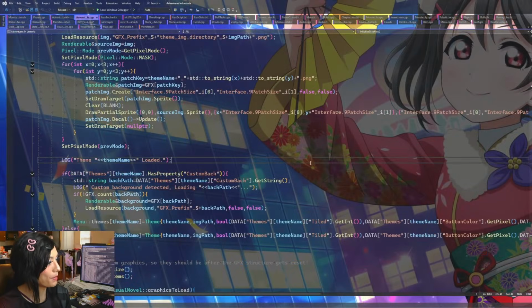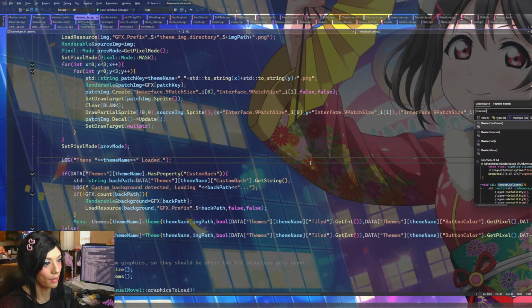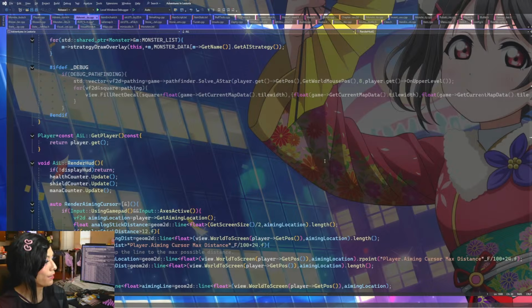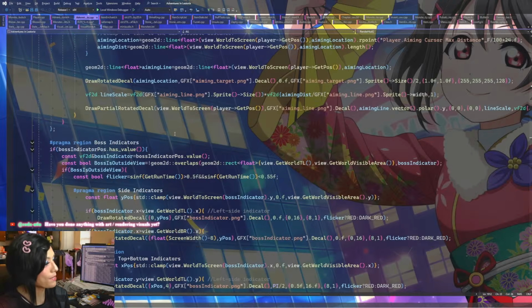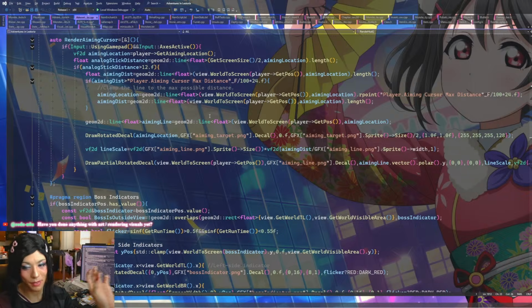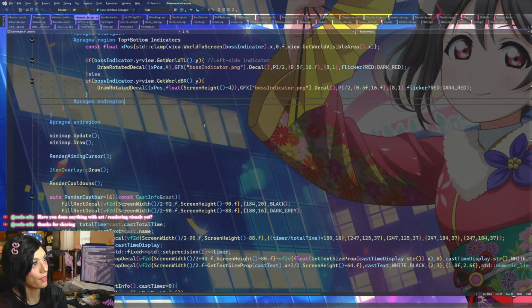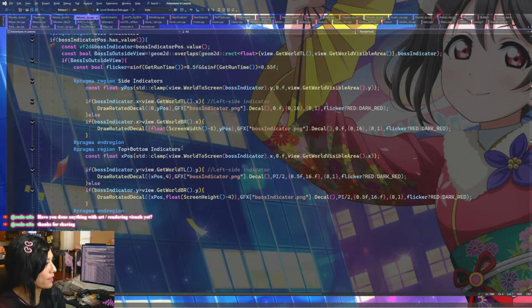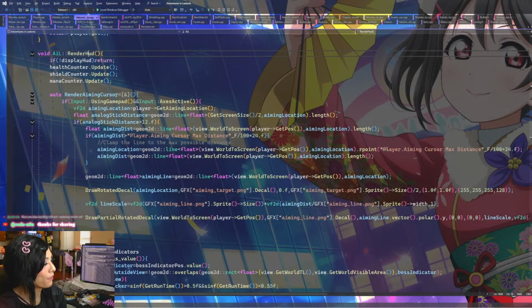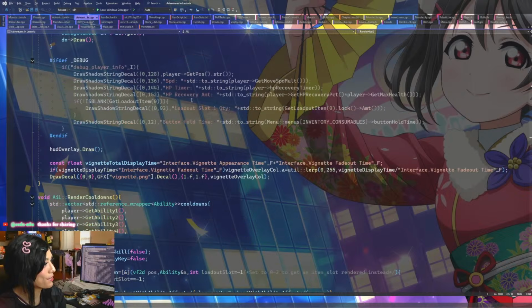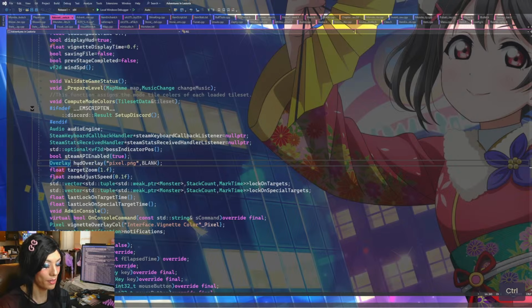All the stuff regarding the UI is also stored in some kind of shared pointer list too, because the UI, let me see if I can, I forget what it's called, render HUD? The UI itself is kind of like a stack, so you put one window on top of another window, and whichever window is on the top of the stack is the currently active window, that kind of thing. I don't know if render HUD is for the windows. I think it's for others. Oh, maybe it's down here. HUD overlay. No, that's for something else. This is for the game UI, not the windows.